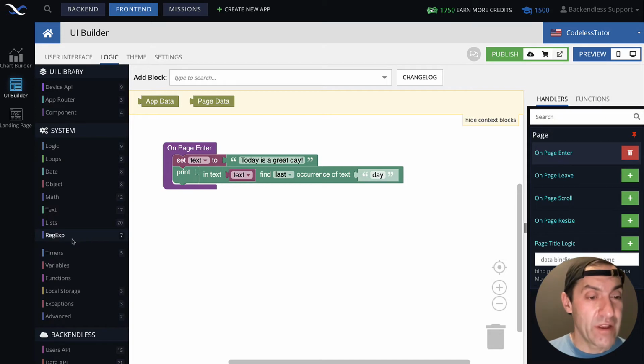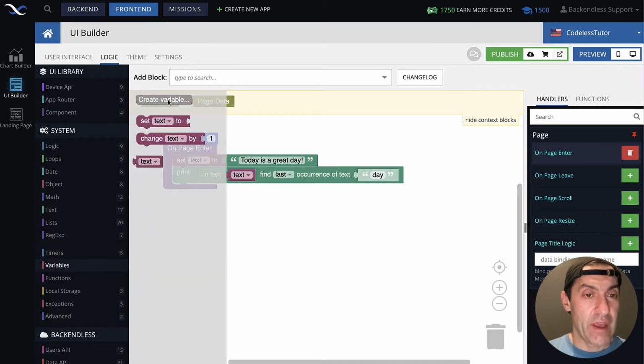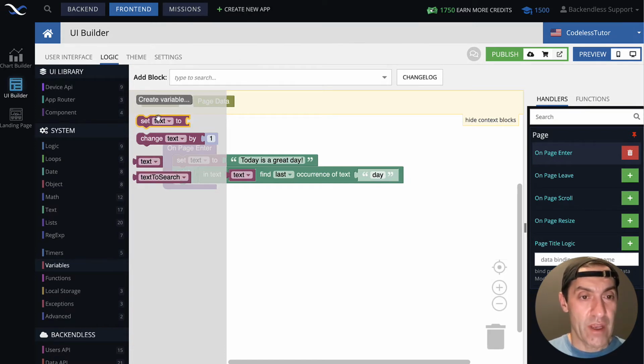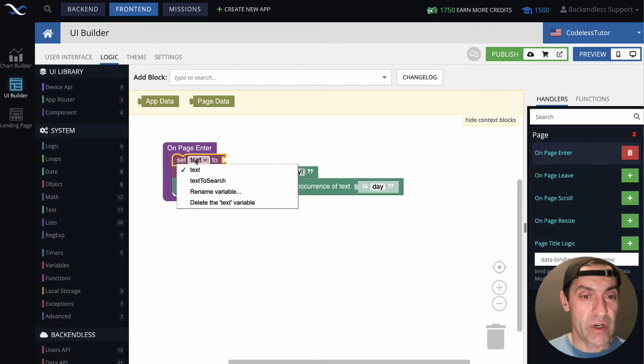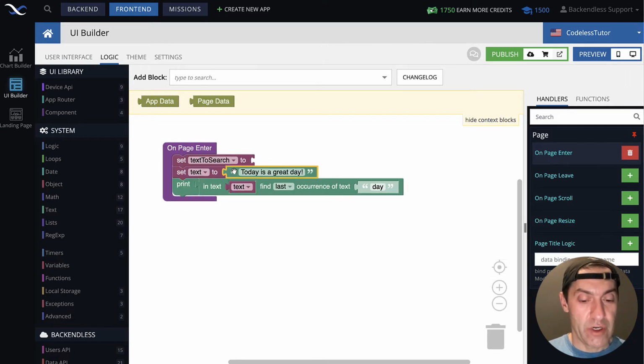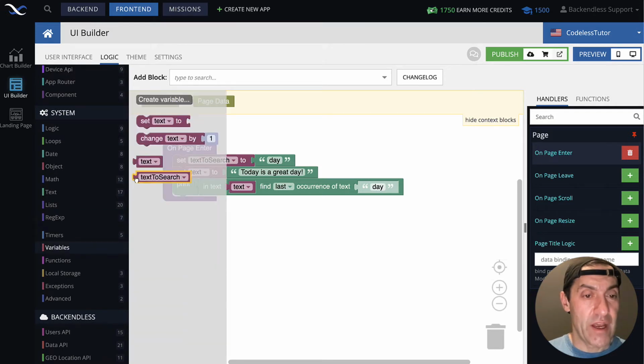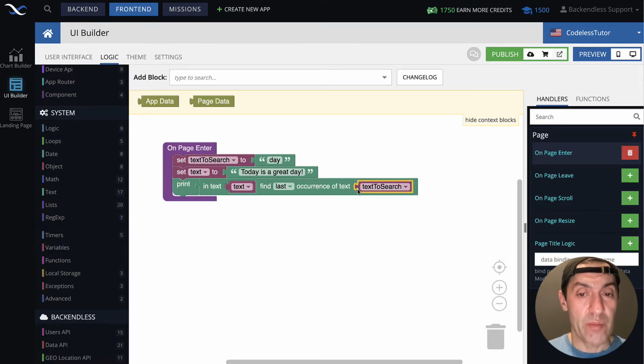In fact, let's create a variable, and we will call it text to search. And we will set text to search to the word day, just like we have it now. So this functionality will work exactly the same way. Now if I go to variables, I can take text to search and put it right here.